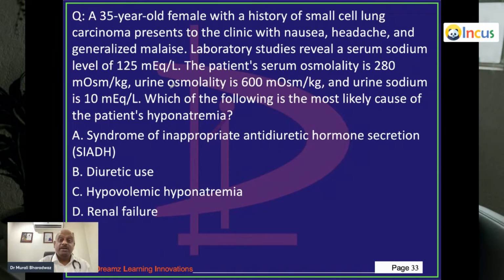a 35-year-old female with history of small cell lung carcinoma presents to the clinic with nausea, headache, generalized malaise, serum sodium 125, hyponatremia, serum osmolarity 20, urine osmolarity 600, urine sodium is 10. What is the likely cause of hyponatremia? So this is the kind of MCQs you need to expect in tomorrow's